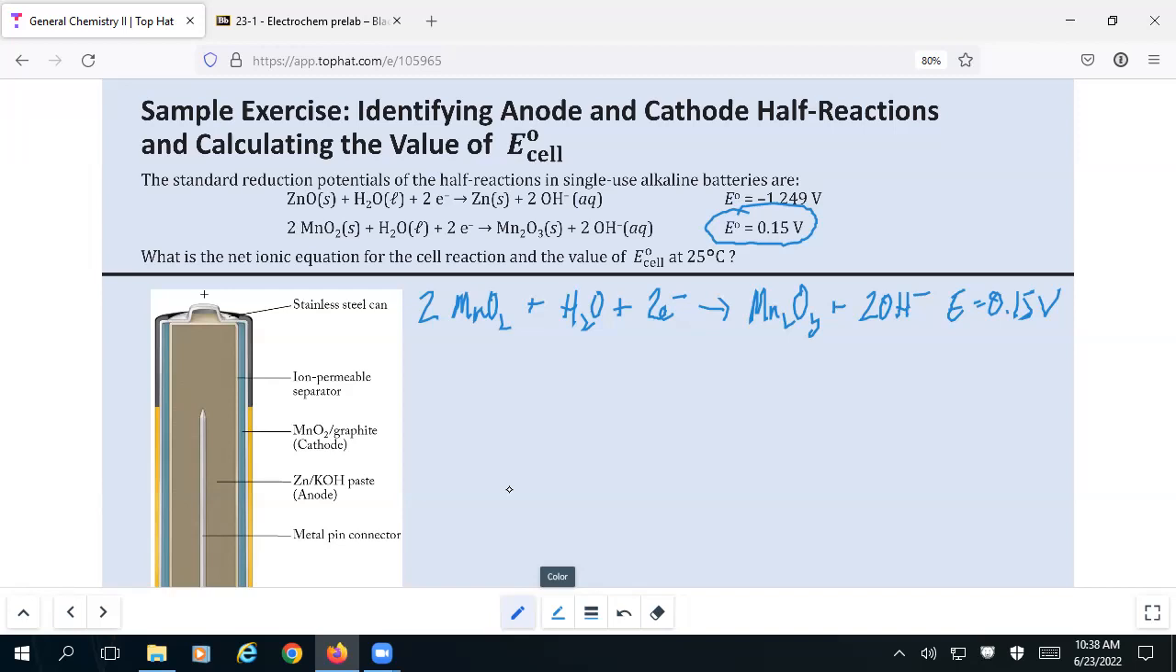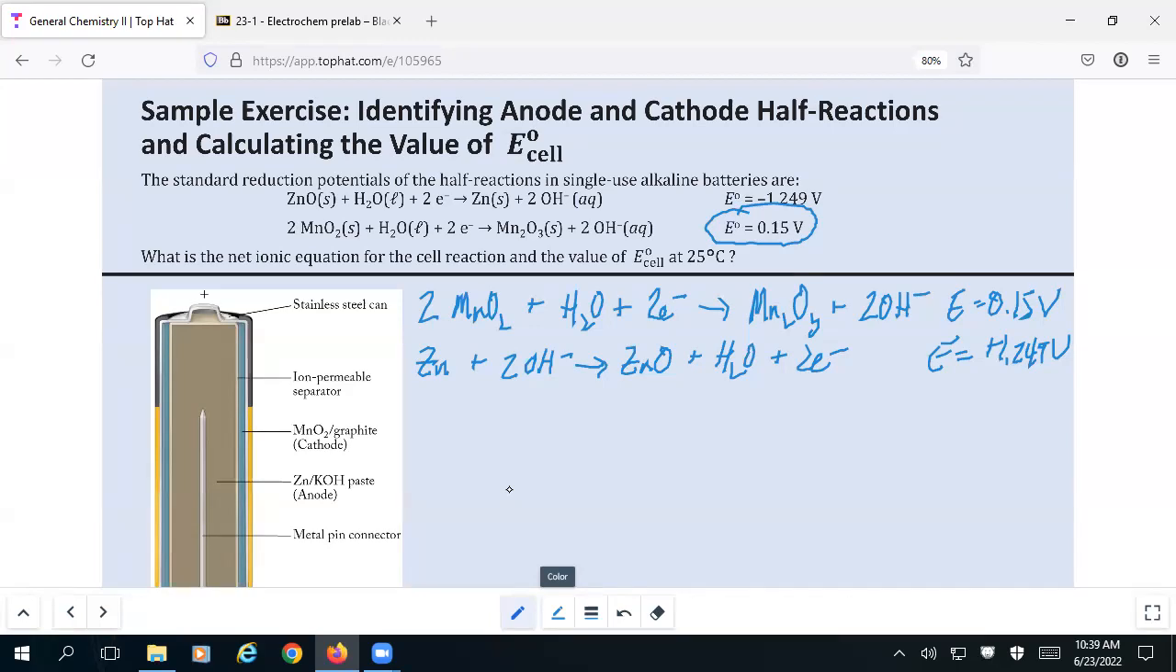Going to have to flip around the other equation because something has to get oxidized. So we're looking at zinc and 2 hydroxides turning into zinc oxide and water and 2 electrons. And the E value for this, I am going to flip this around, 1.249 positive. This is one of those circumstances where adding them together definitely makes the more sense because I've got